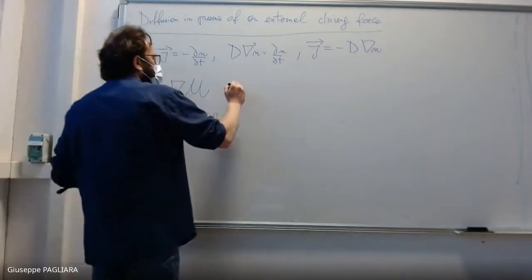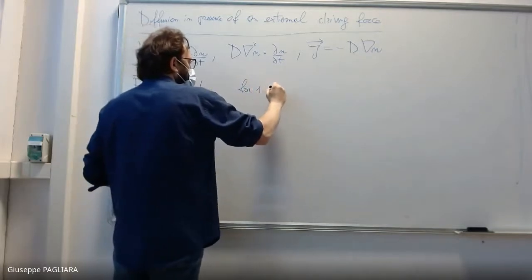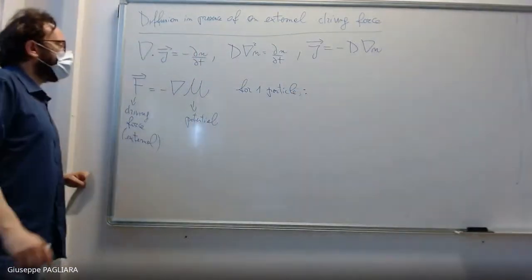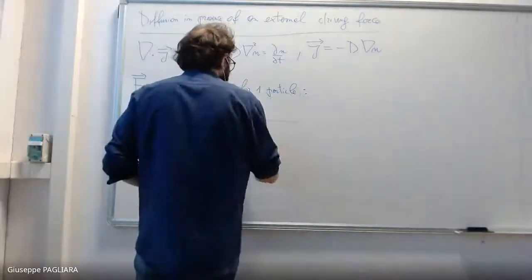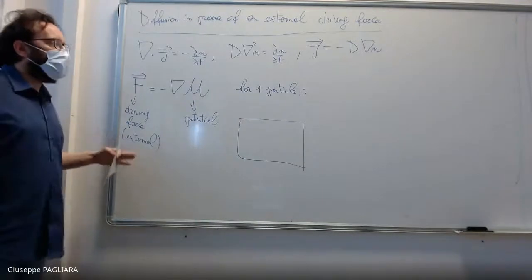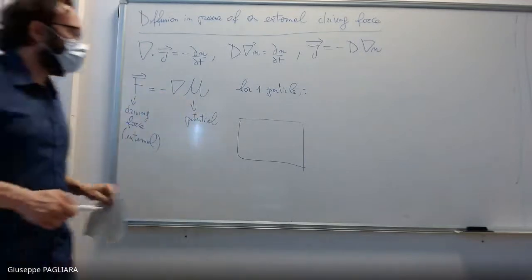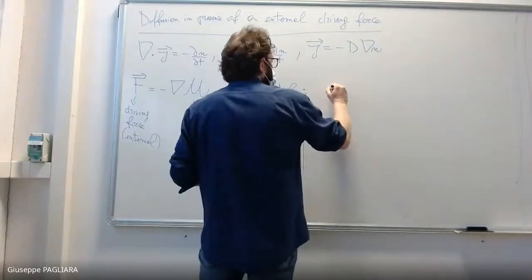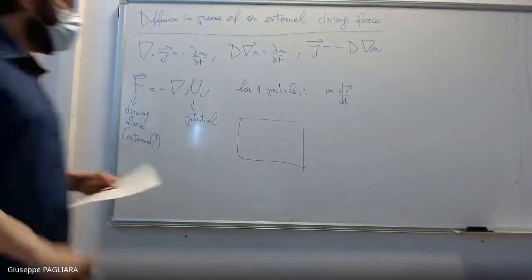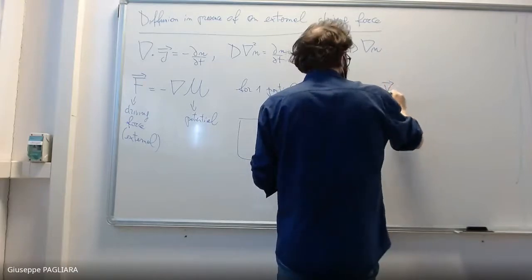Now, let's concentrate for a moment on what happens to one single particle. Suppose the situation is the following: we are concentrating on what happens to one particle which is immersed in a system with other particles, and it also feels this potential, this external driving force. So I can write down the equation of motion of this particle, which is something we have done in the first year. So this Newton's law is: v equal to minus v divided by mu, plus F,